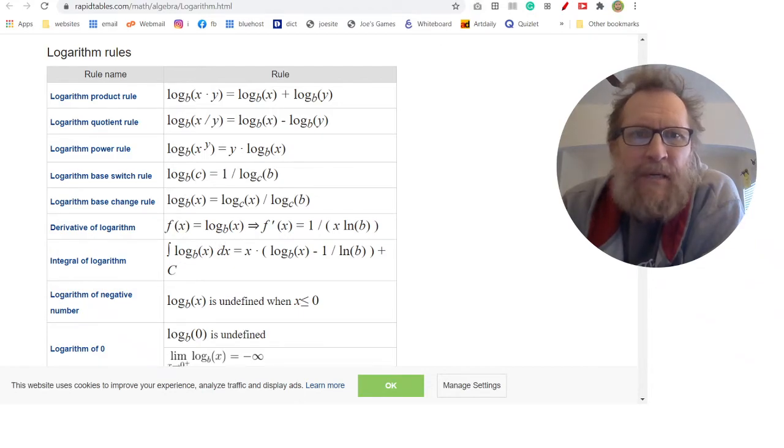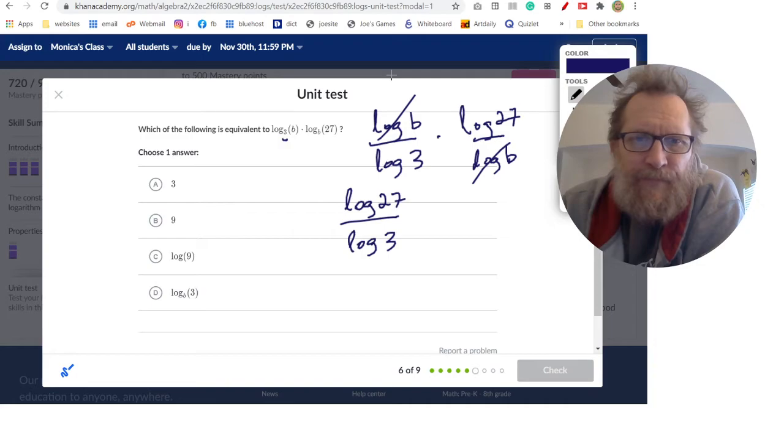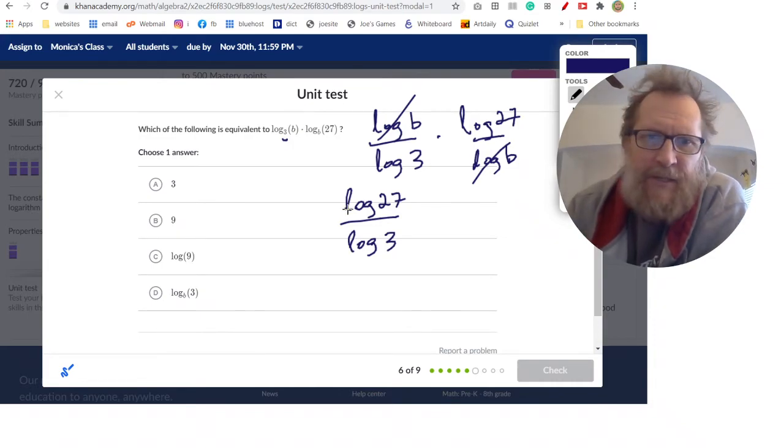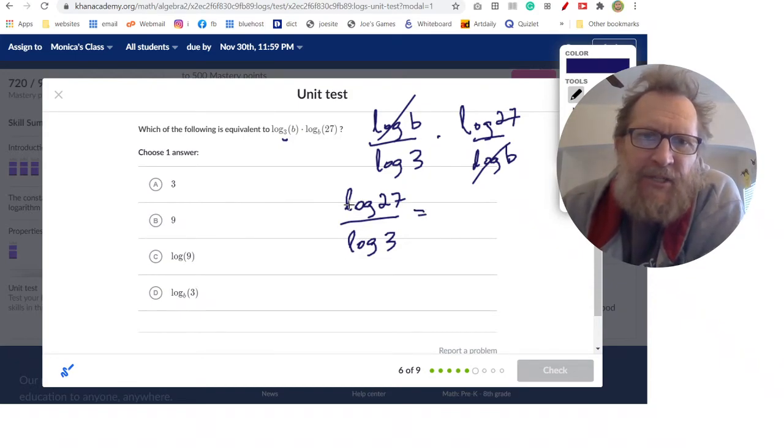Do I want to go backwards on the change of base rule? And if I can do that with the top up here and the bottom down there, then I could say, okay, well then this is